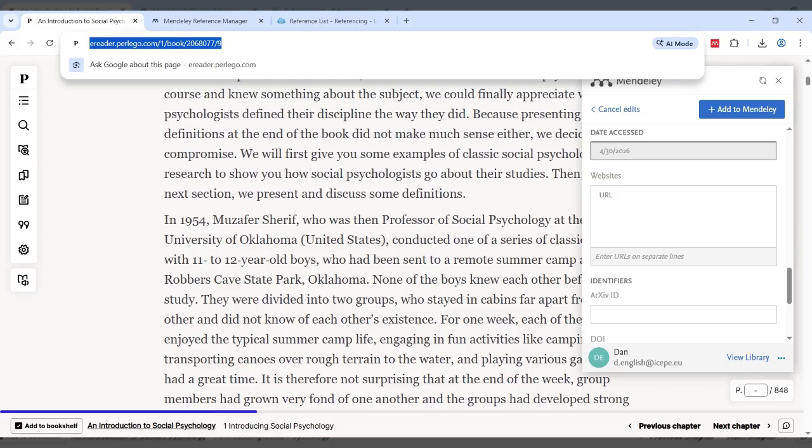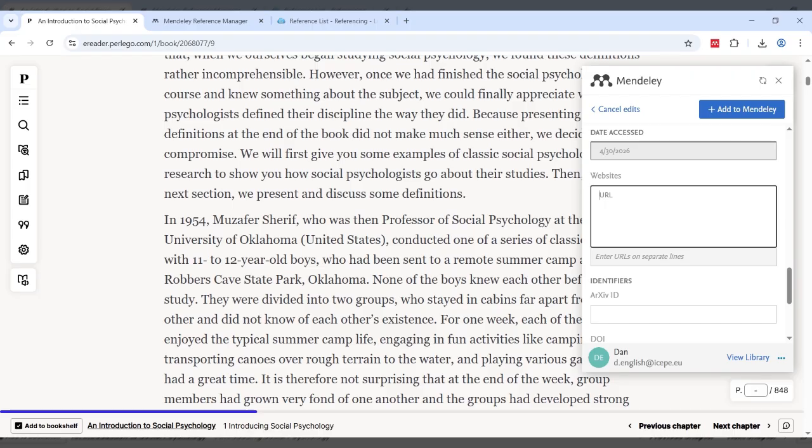So if there's a lot more to it, you can normally shorten it down to just this number and that will work. If there's other stuff included, it may be because you got to the book in a certain way and there's other unnecessary information included. So obviously if you can keep the URL shorter, while still functional, that's the best case. So I'm just going to paste the URL in there.